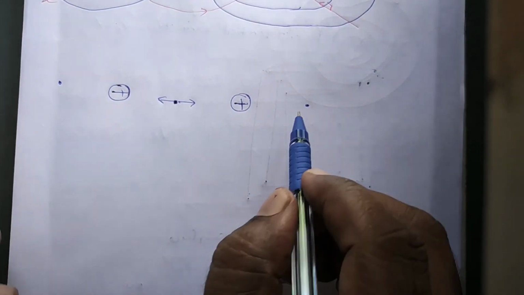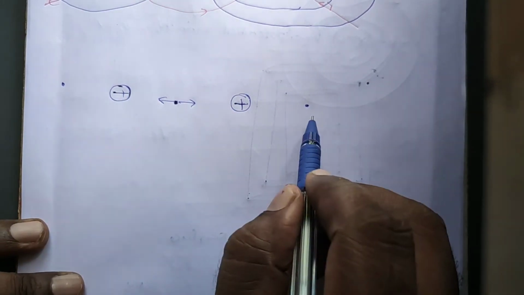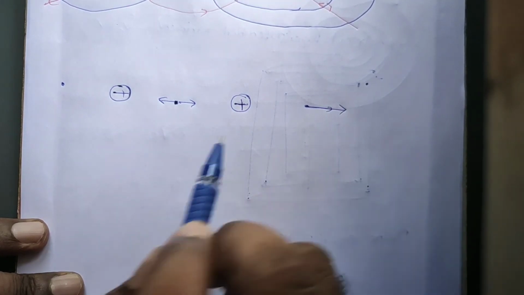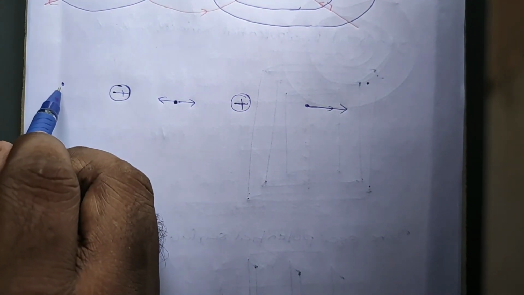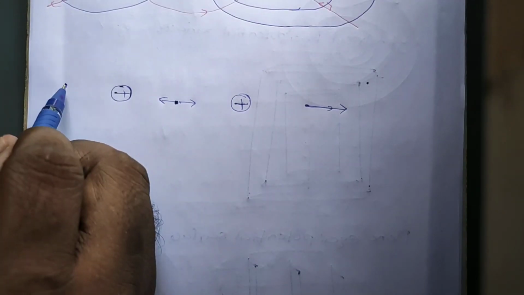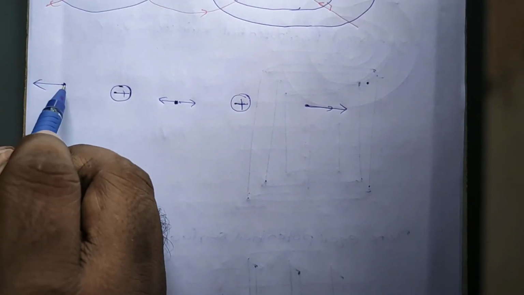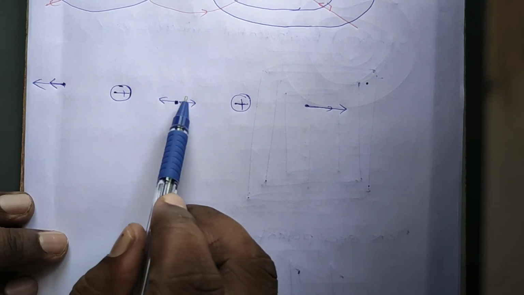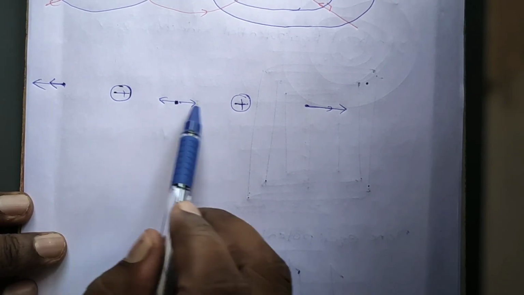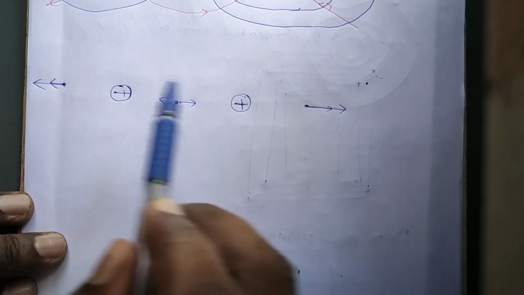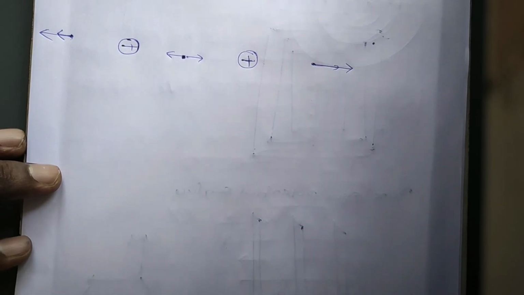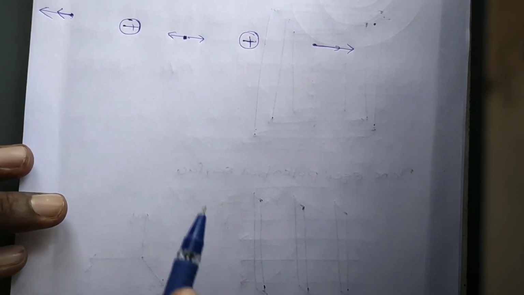Okay, and what about here? The electric field produced by this is in this direction, and the electric field produced by this is also in the same direction. Clear? What about the point here? Here the electric field produced by this is in this direction, and the electric field produced by this is in this direction. So here you see that at this point, in between, the electric field value decreases, but at the point here and the point here, the electric field value is more. Okay, so by considering this, we have to draw the equipotential surface.